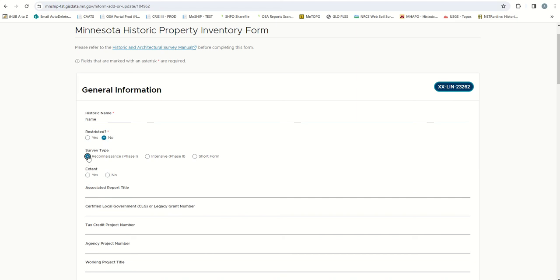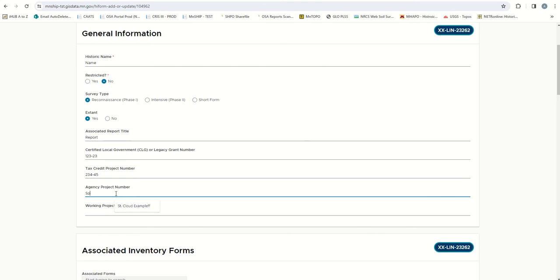I'll choose a survey type. I'll say that yes, this property is extant. You can add an associated report title if it's known, CLG grant number, tax credit project number, agency project number,